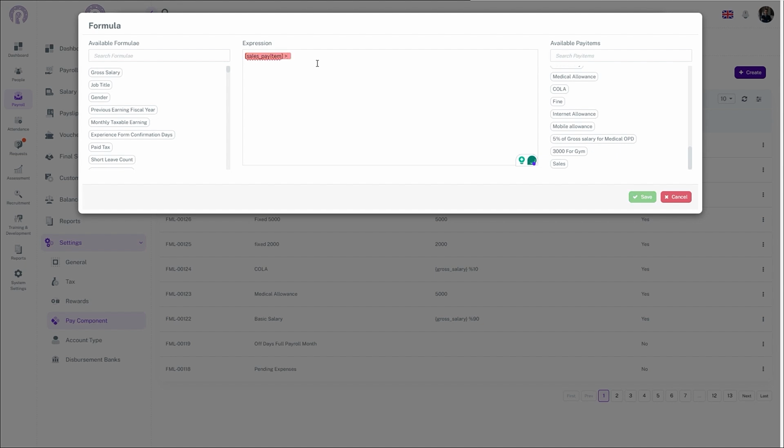And our expression will be sales pay item is greater than 80,000 ? 5,000 : 0. Here the expression is expressing that if sales is greater than 80,000, then ? denotes if the condition is true or yes. 5,000 means he or she will get 5,000 as a bonus amount on sales. Colon means if the condition is false or no, then what to do is 0, means he'll get nothing as a